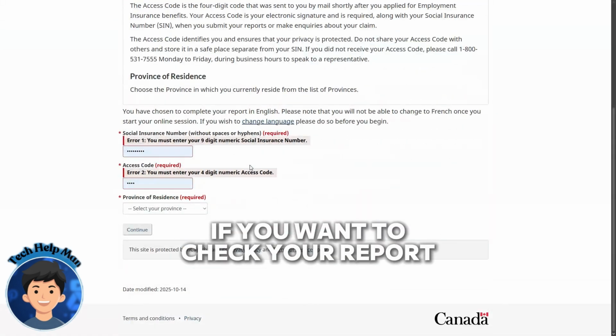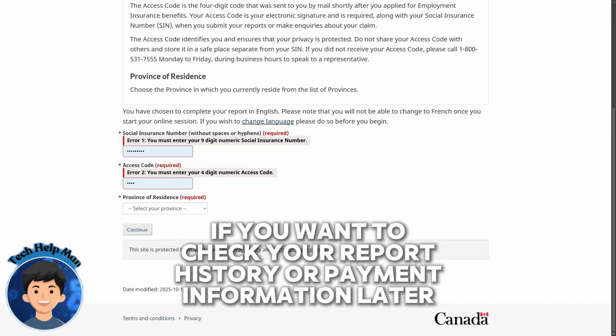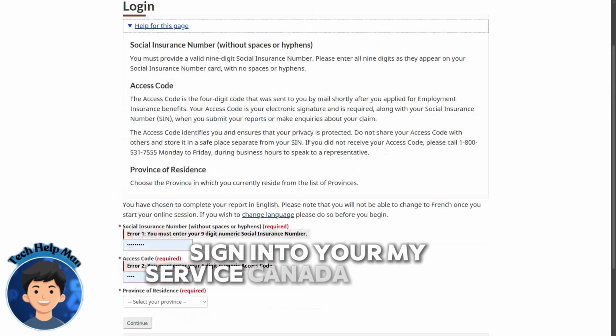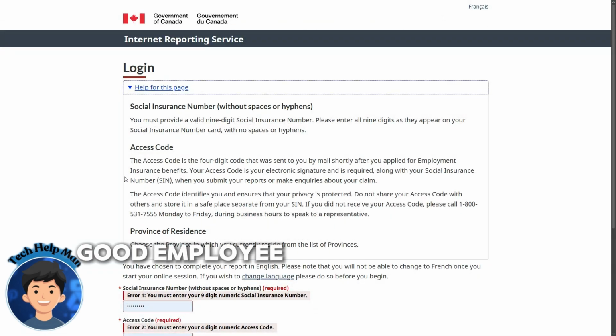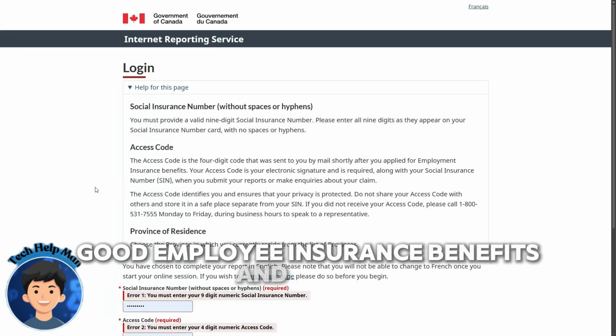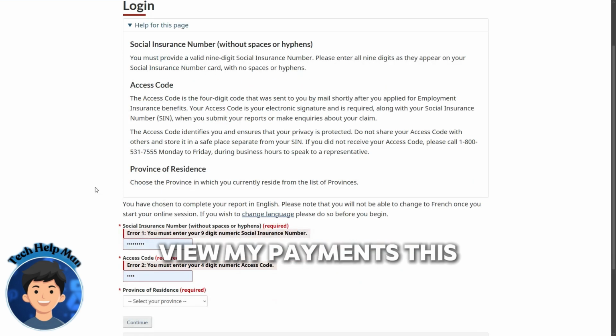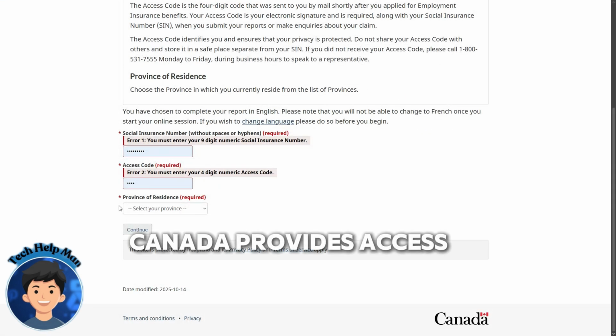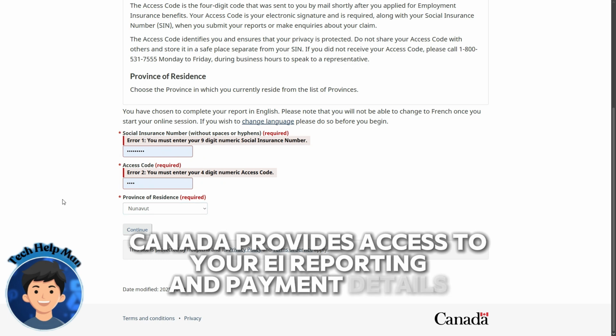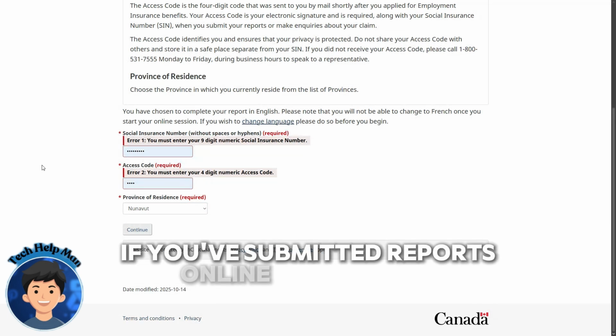If you want to check your report history or payment information later, sign into your My Service Canada account, go to Employment Insurance Benefits, and select View My Payments. This is where Service Canada provides access to your EI reporting and payment details. If you've submitted reports online or by phone,